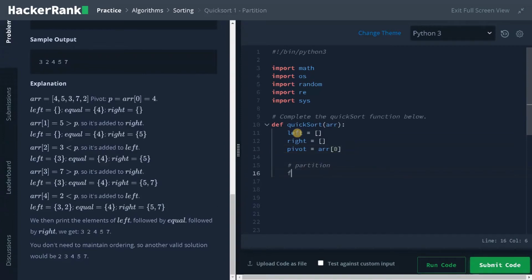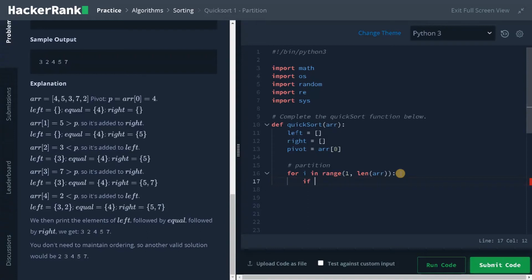Partition: for i in range of 1 comma len of array. I'm starting from 1 because we already took the 0th index of the array.